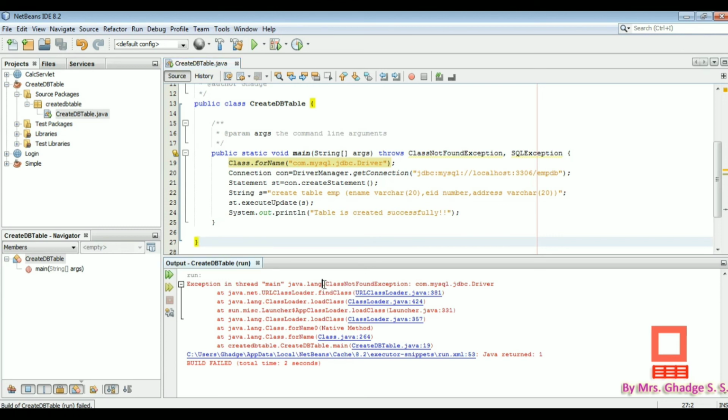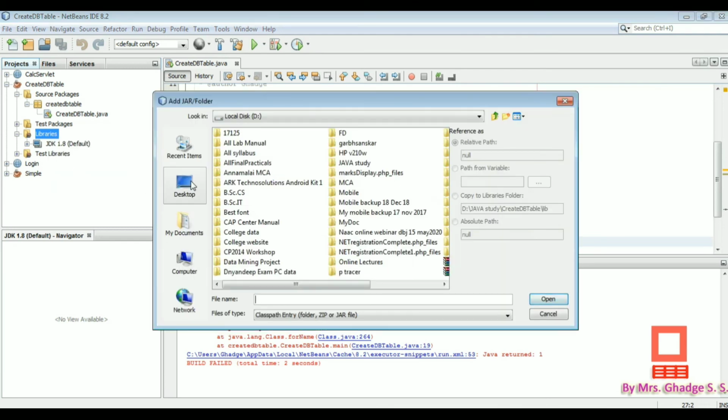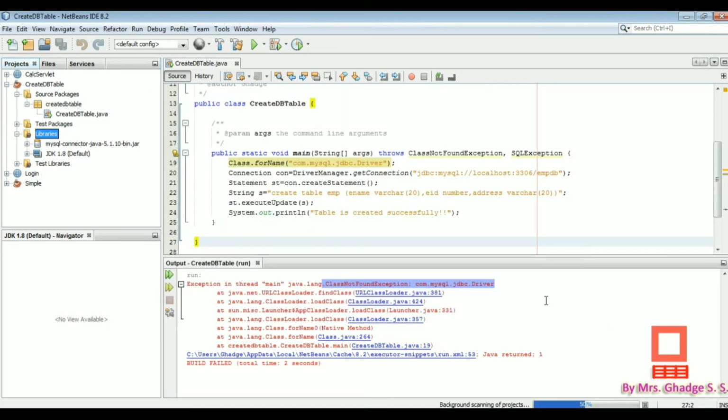The first error is ClassNotFoundException for the com.mysql.jdbc driver. This is the error because we have not added any database driver here. So right click on Libraries, add JAR, and click on Desktop. Here I have copied the MySQL connector jar file, just open it. So this connector file is added here.